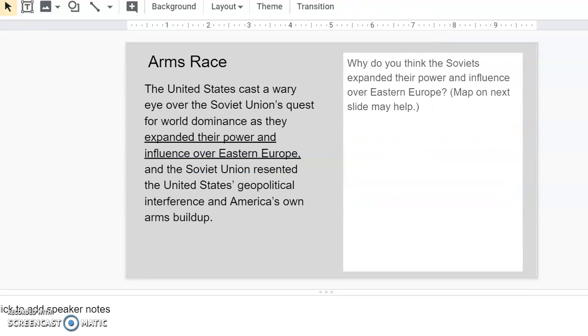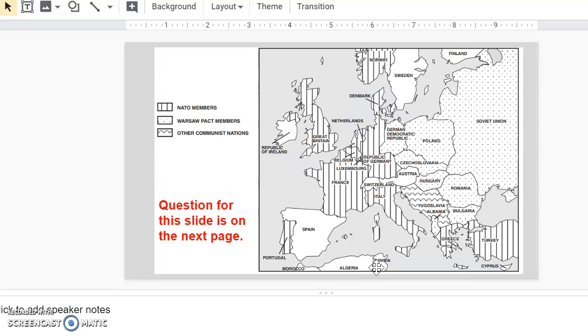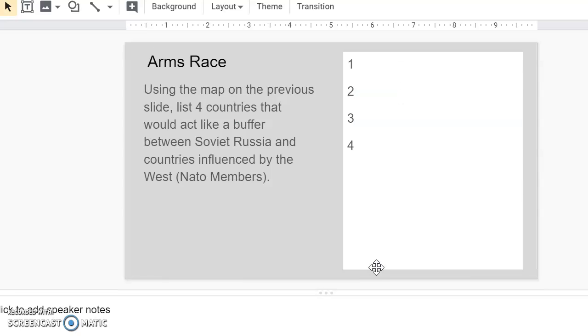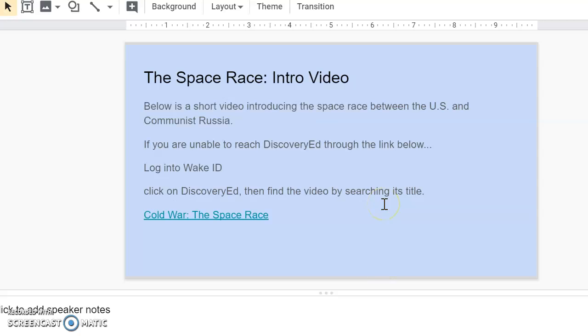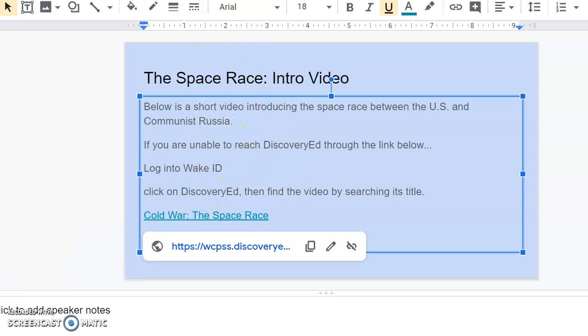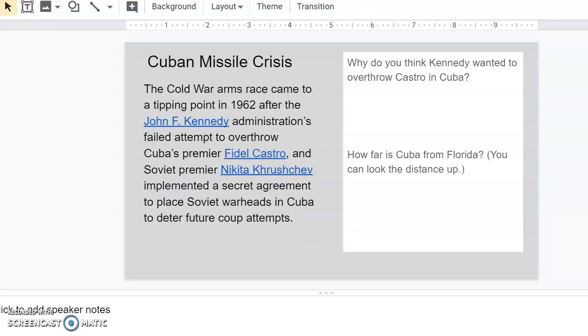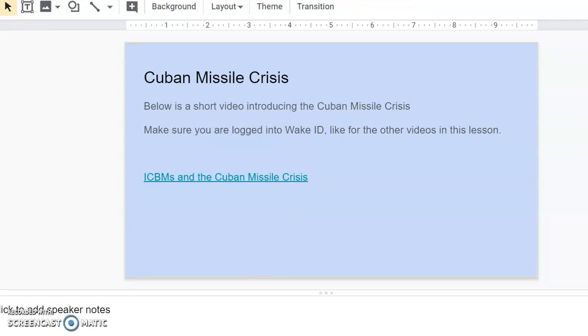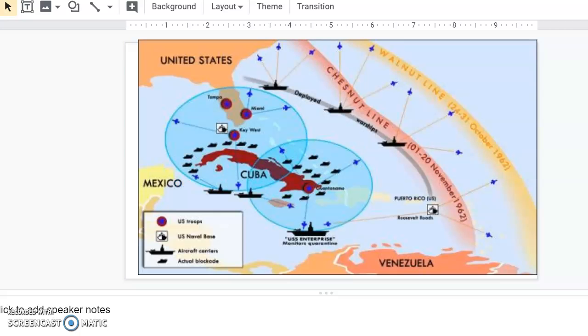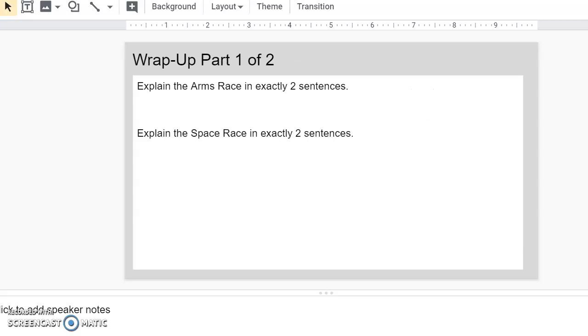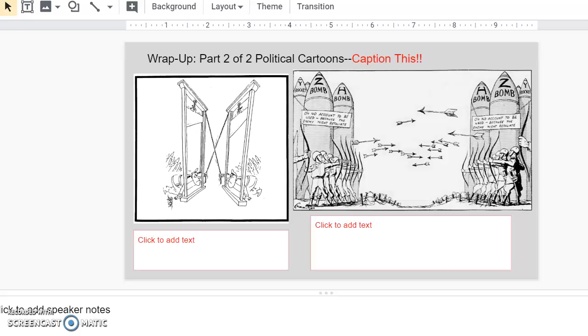Okay, as you click through, you are going to see that there are many different pieces of information. You have some maps here that will help you, and we will ask you to go ahead and answer these questions in those white boxes. When you come up to a blue slide, this is going to be another video clip. Go ahead and click on it, watch it, and then continue on. You will continue to go through all of the slides just like that. At the very end, there are a couple more maps and questions, and then there is a wrap-up and 2